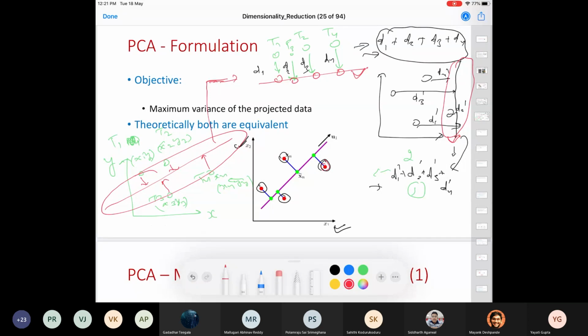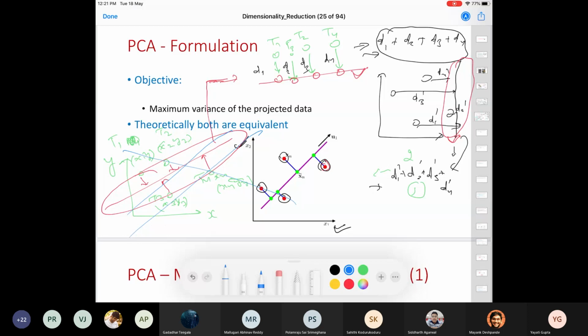I'm guessing the distance would be higher in the y-dimensional line. So basically, there is more information loss there. Yes. I'm trying to give you a context there: along which line should I project my data points? This is one scenario. I can have infinite such lines, right? I can take this as another line, this as another line, where I can project my data. So which line should I pick?